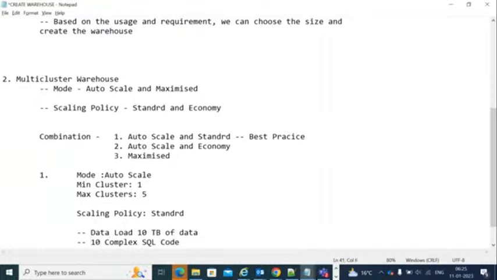You're submitting 10 complex SQL codes to execute and retrieve the data from Snowflake. Here also it will calculate internally. Suppose the user XYZ has submitted around 3 queries, the user ABC has submitted 4 queries, and another user has submitted 3 queries. So multiple users have submitted